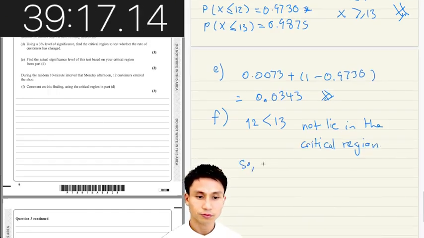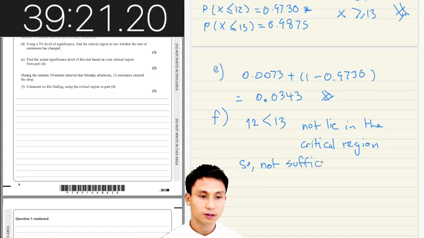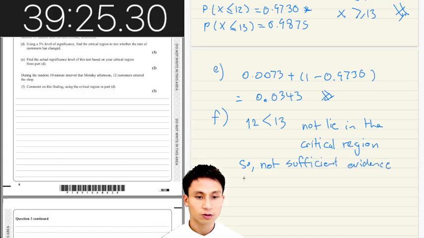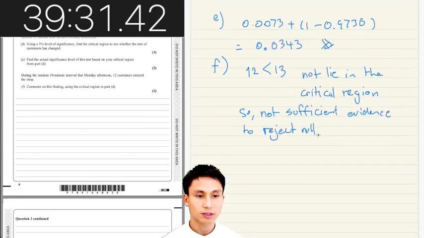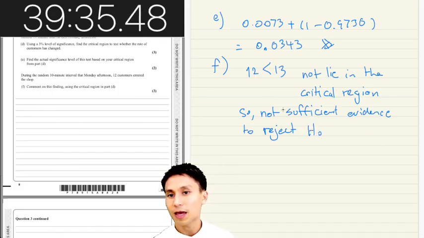So, not sufficient evidence to reject the null hypothesis. I'm just going to write H naught there. Okay. And that means